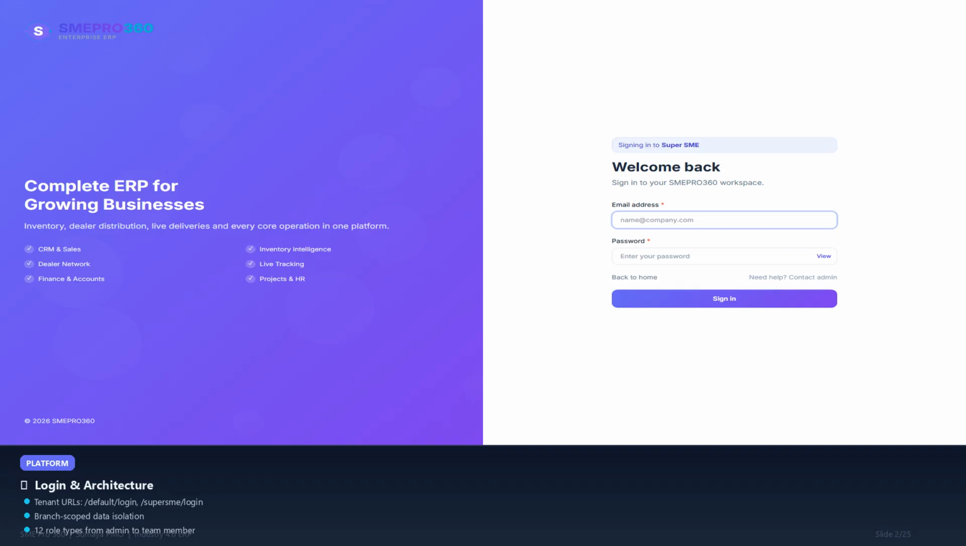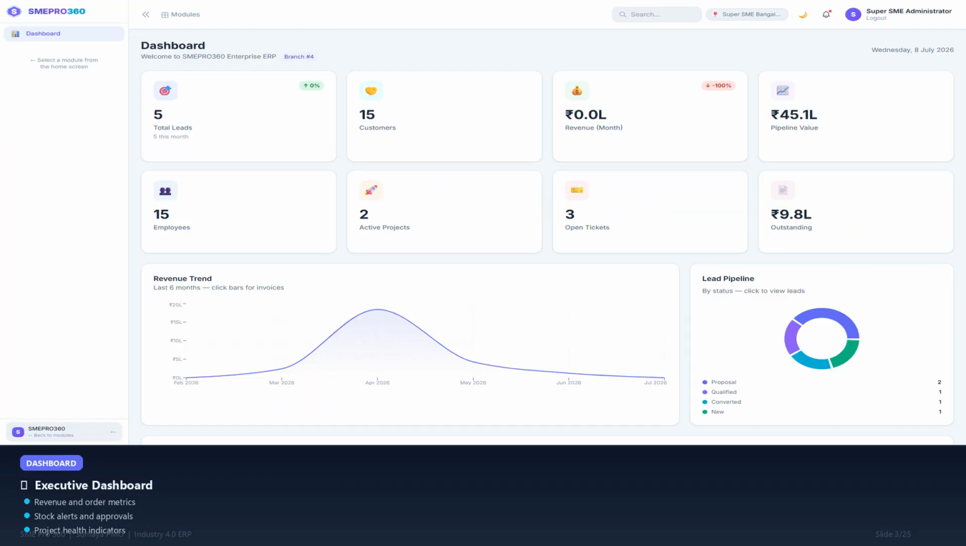A warehouse keeper sees supply chain. A sales executive sees CRM. An HR manager sees human resources. The executive dashboard gives management a cross-module snapshot. See revenue trends, open sales and purchase orders, low stock alerts, pending approval counts, and project health indicators all on